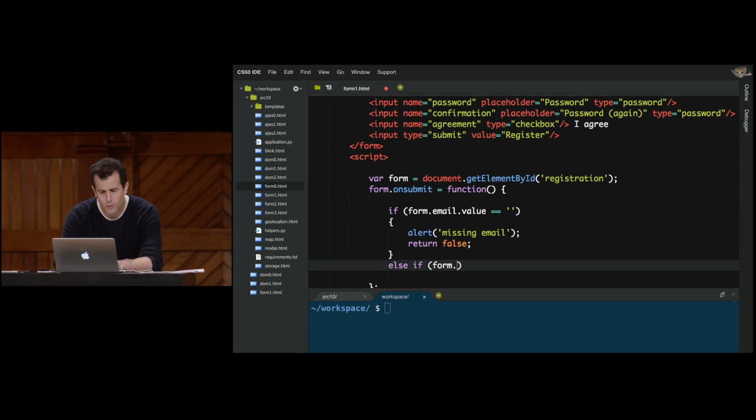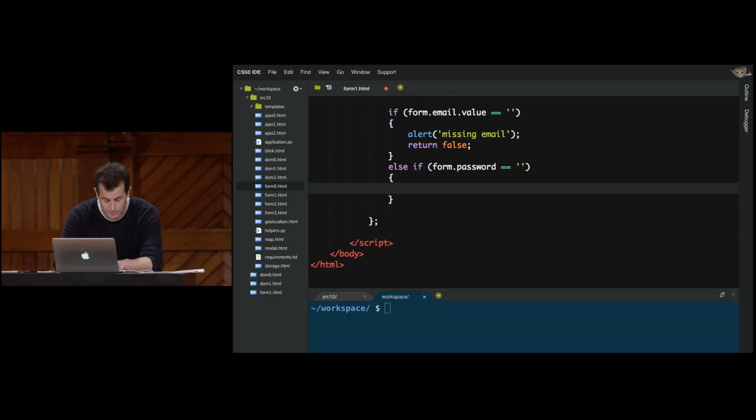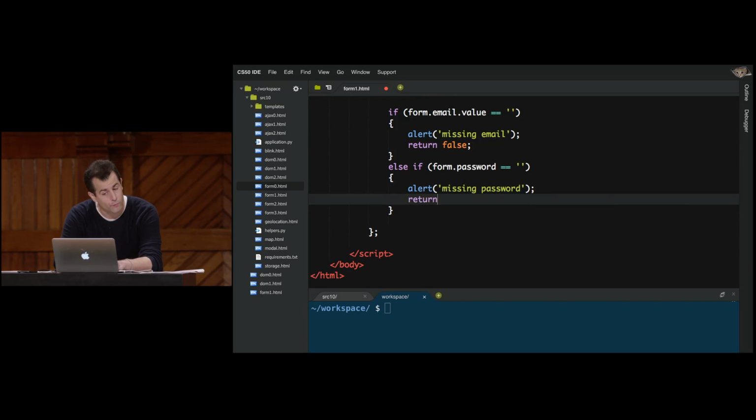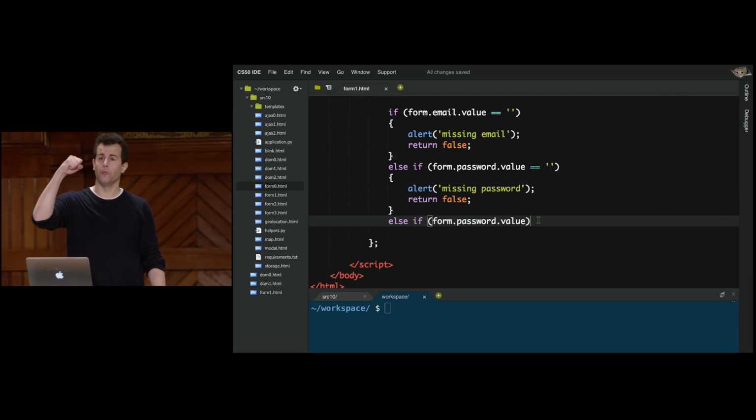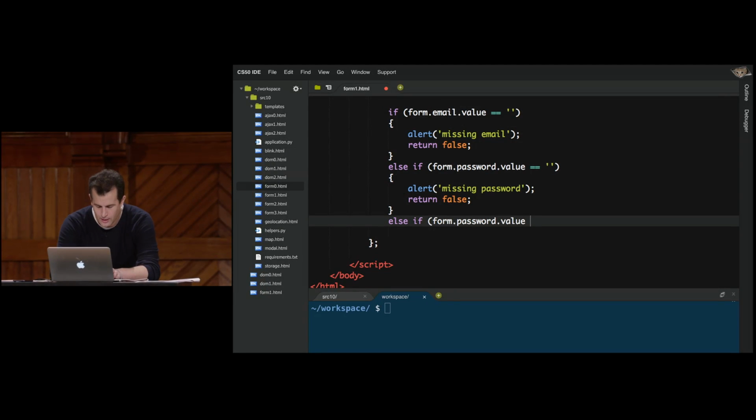Else if form.password equals nothing, the so-called empty string, then let me go ahead and alert the user that we're missing their password. And then let me return false so that the form does not go through, because it's not ready to go through. How about else if form.password.value, oops, and up here I need value as well. Otherwise, you get the element from the DOM. You don't get the value inside of that rectangle. Else if form.password.value does not equal